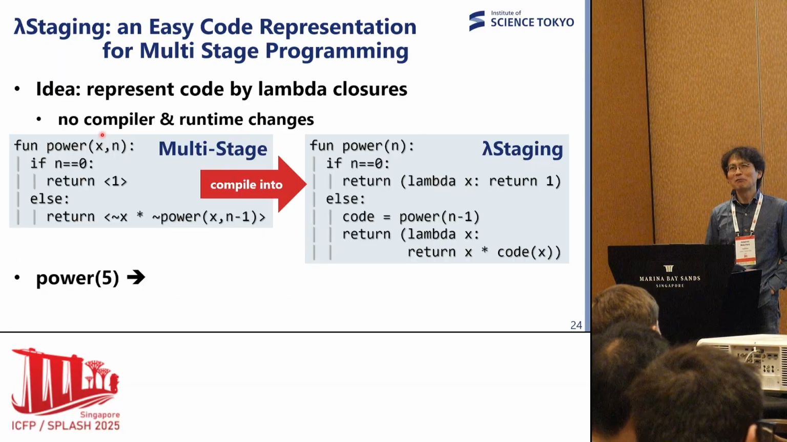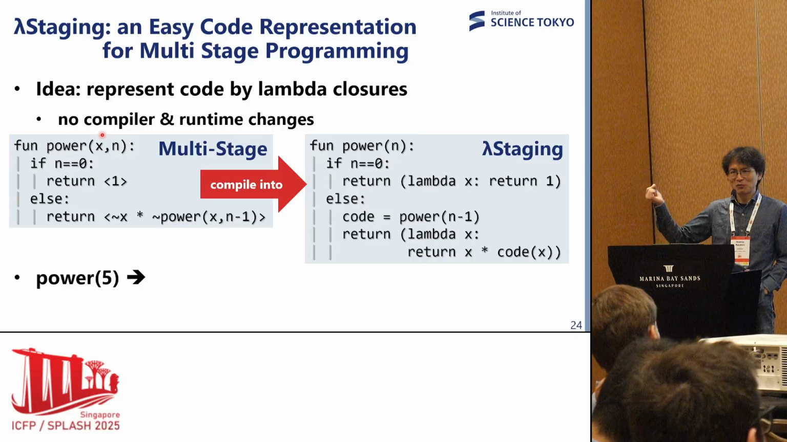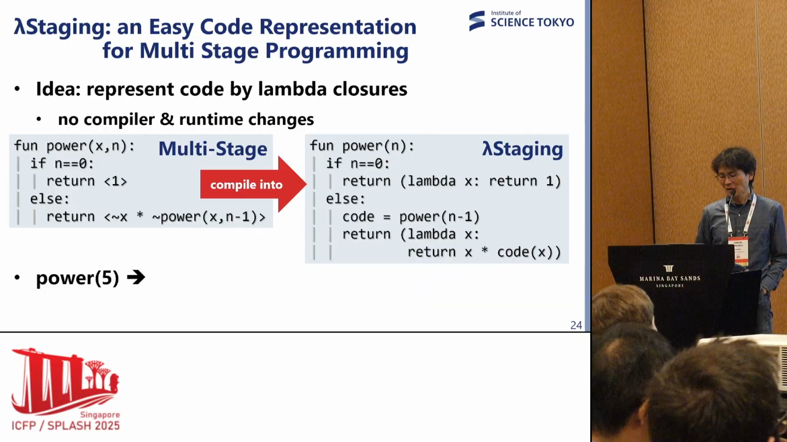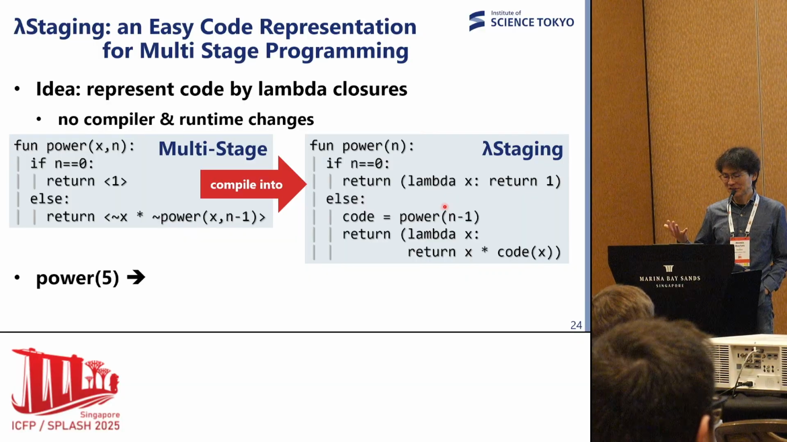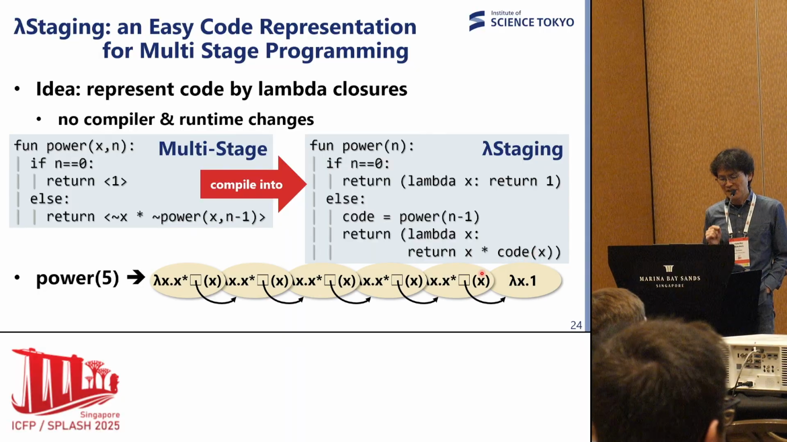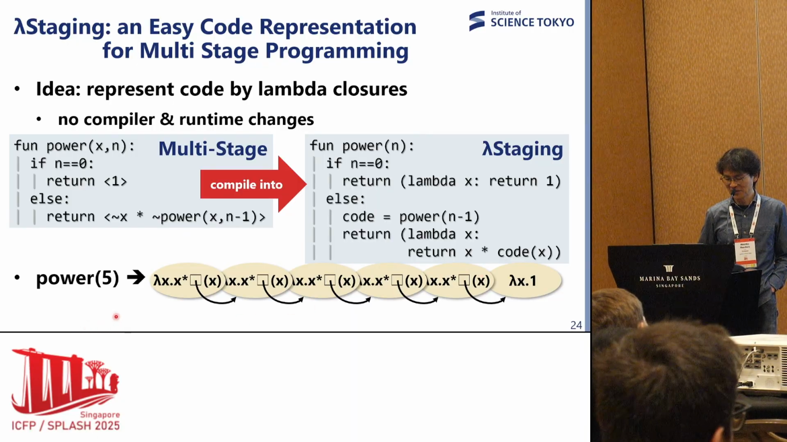So what we found is we can just use lambda closures without modifying the underlying language mechanism. Given this multi-stage program, we propose to convert it into a program that just generates lambda expressions. For example, for this part of the code, it just generates a lambda closure that computes x times the generated code. And then if we partially evaluate this function, we will get this chain of closures,